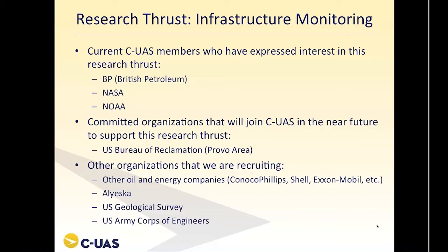Other organizations that we have approached and have spoken with include other oil companies such as ConocoPhillips, Shell, and ExxonMobil. A few of those companies have expressed interest. We've spoken with Alyeska. They are the company that owns and maintains the Alyeska pipeline, the large oil and gas pipeline from Alaska down to the United States. We've opened a dialogue with the U.S. Geological Survey. They've expressed some interest,